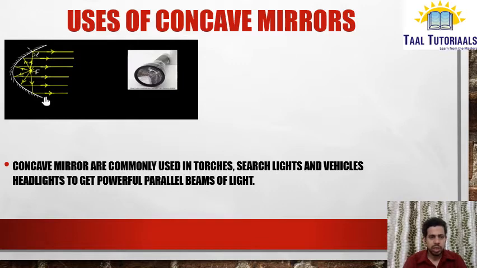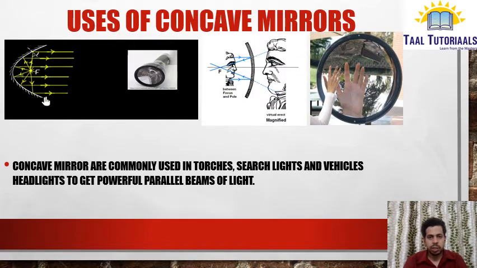So if you observe in this diagram, so many lines are passing through the focus and they are coming parallel out of that. So we already studied this in our ray diagrams. Any ray which passes through the focus will reflect parallel to the principal axis. So it comes parallelly.